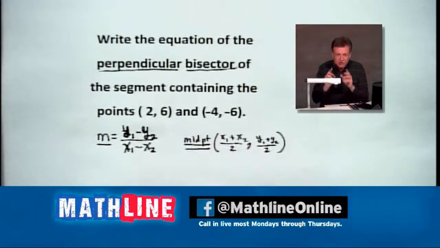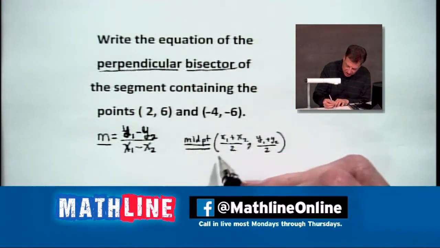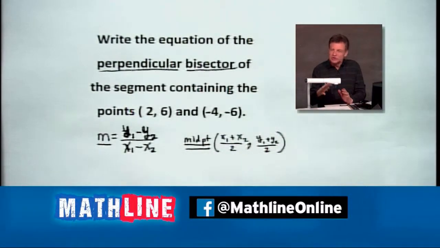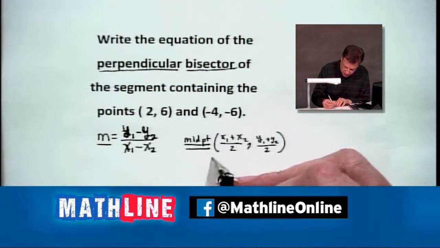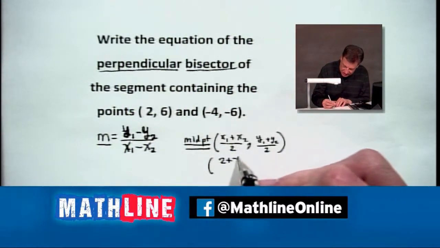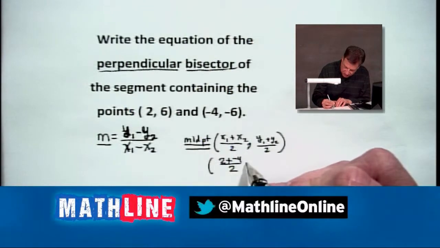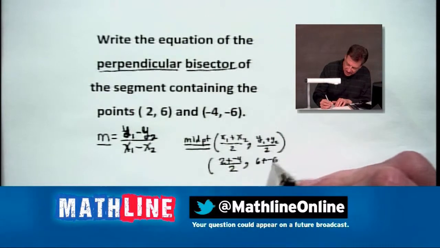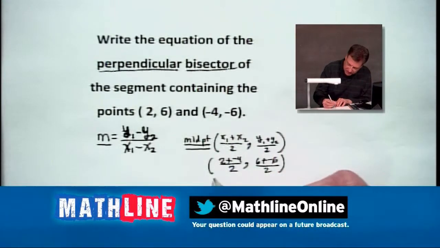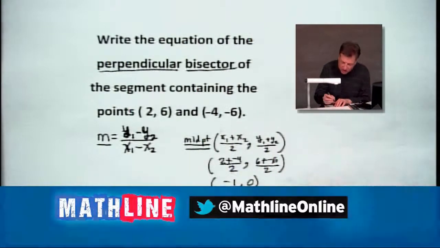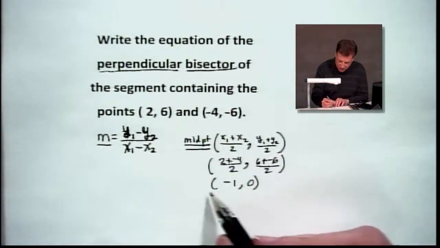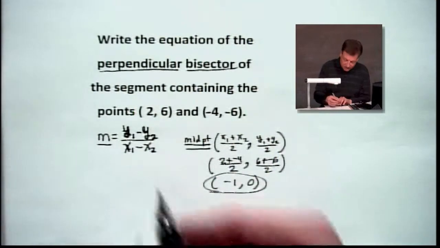That's what these 2 points will give us. It'll give us the midpoint. Let's go for it right over here. That's going to be adding the x's and dividing by 2, adding the y's and dividing by 2. They're averages. So let's do it. We've got 2 plus -4, and we'll divide it by 2. And on the other side, we've got 6 plus -6. We'll divide that by 2. By the way, that's going to give us -1 and 0. So we now are not going to use (2, 6) or (-4, -6). We're going to go with this guy right here. That's important. Now let's go find our slope.